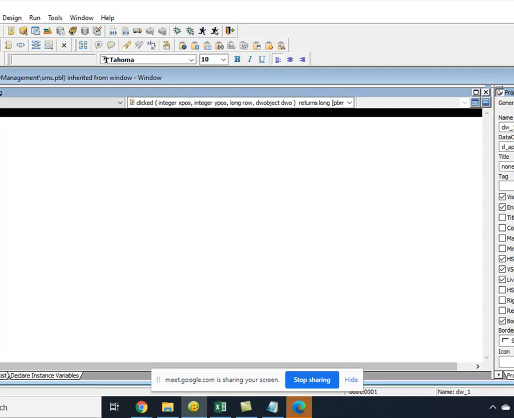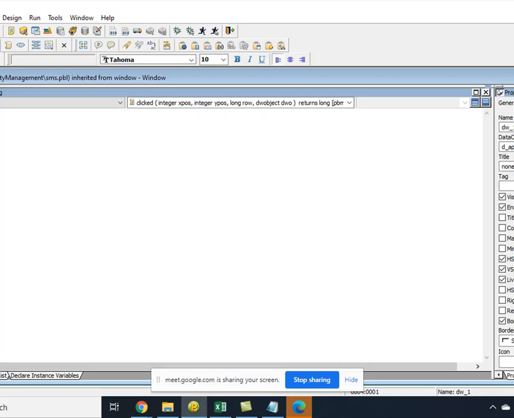Now how do I know whether it is a header column or something else? I can know that if whatever it returns has underscore T. There is a function in PowerBuilder called mid.